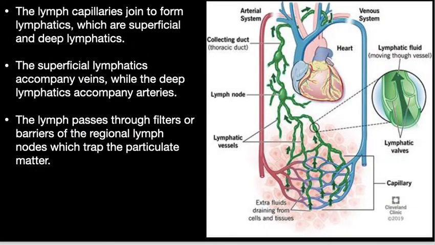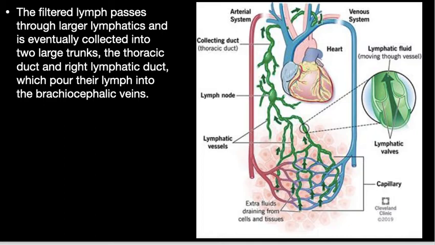Now, the lymph capillaries, as seen over here, join to form the lymphatics, and they can be superficial and deep lymphatics. The superficial lymphatics accompany the veins, whereas the deep lymphatics accompany the arteries. The lymph passes through filters or barriers in the regional lymph nodes, which trap the particulate matter. The filtered lymph